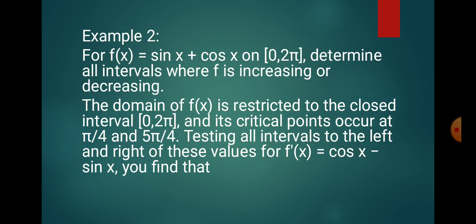Example 2. For f(x) equals sine x plus cosine x on [0, 2π], determine all intervals where f is increasing or decreasing. The domain of f(x) is restricted to the closed interval [0, 2π], and its critical points occur at π/4 and 5π/4. Testing all intervals to the left and right of these values using f'(x) equals cosine x minus sine x, you find that